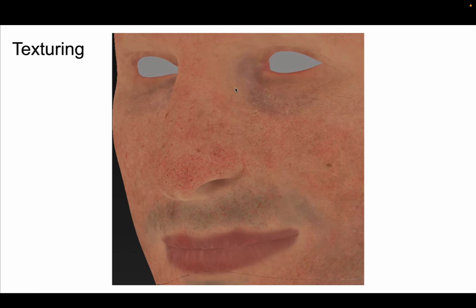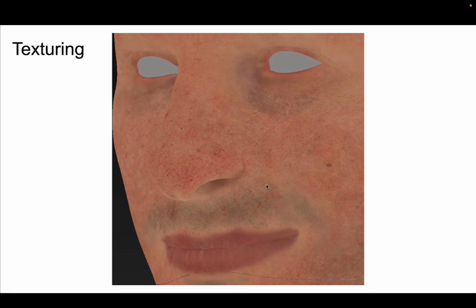Next, we would have texturing, and typically while people are rigging, someone else is doing texture work, and that involves actually going in and painting color maps on the 3D mesh. So here we have, it looks really weird because there's no shadows, there's no highlights, it's like flat shaded, and